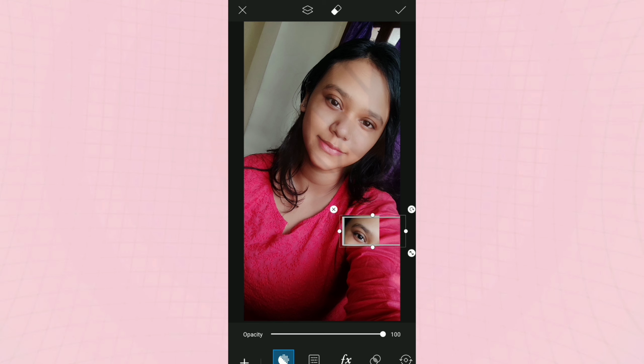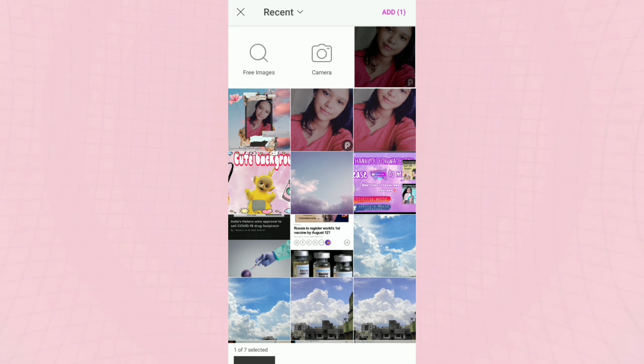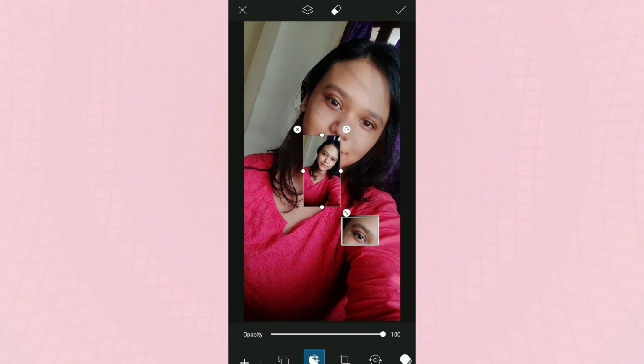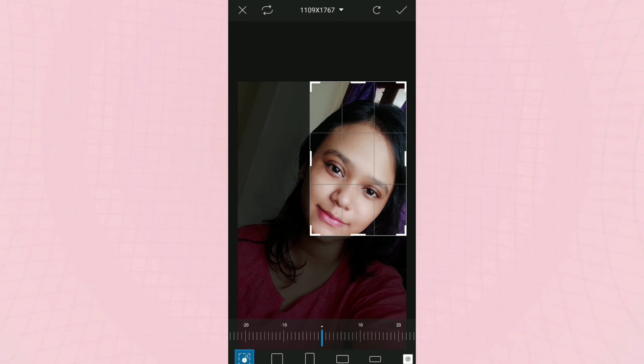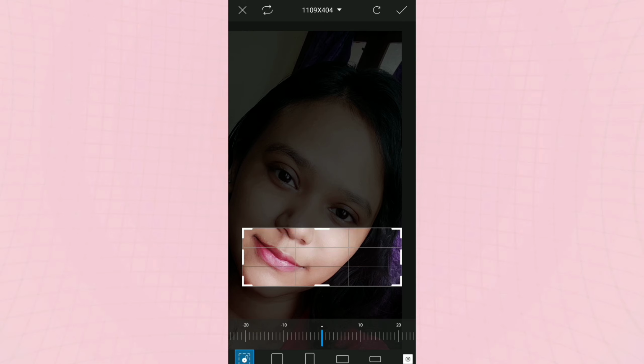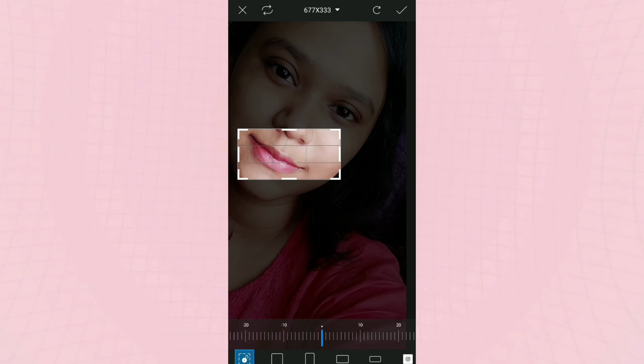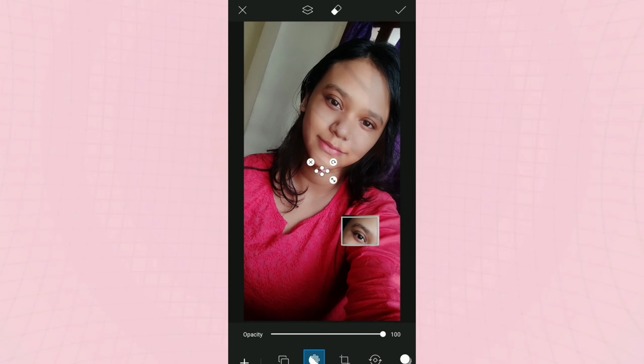Similarly, I'm going to do this with a lip. So again, I'm going to take this picture and cut out the lip from the picture, my lip. Can't speak properly now. Now let's just cut out the lips. Resize it and again add any kind of frame you want.